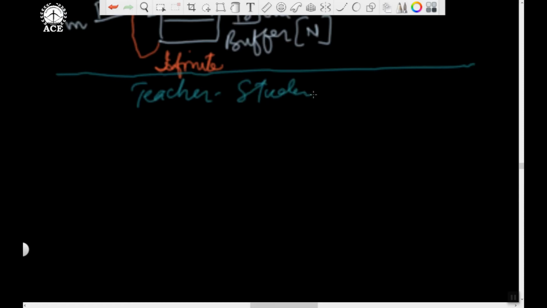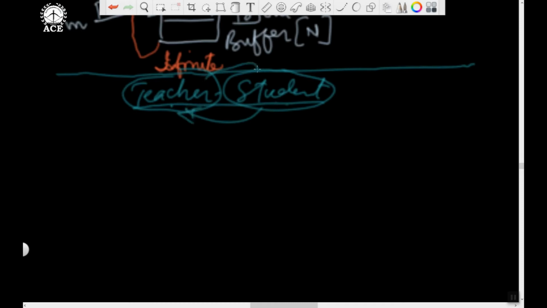Now when the teacher is delivering a lecture in the class, say the student is one process and the teacher is another process. So students and teacher must be synchronized, meaning whatever the teacher is teaching, the student should be able to follow. If the student is unable to follow, a problem will arise. So we say teacher and student must be synchronized as processes. Only then is the communication meaningful. Only then can the teacher explain and the student understand.